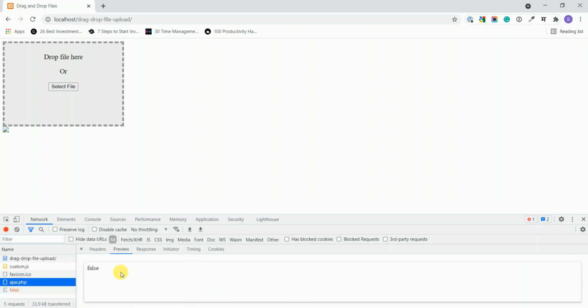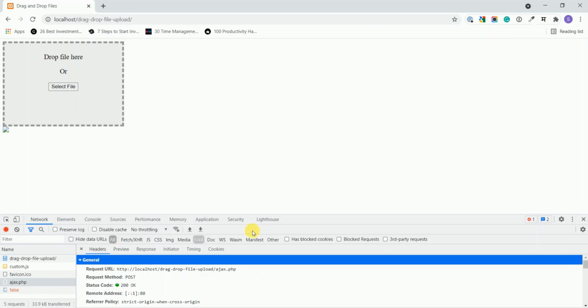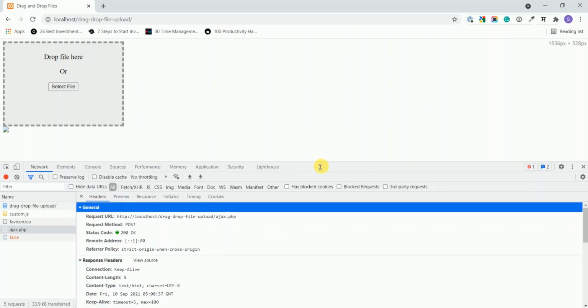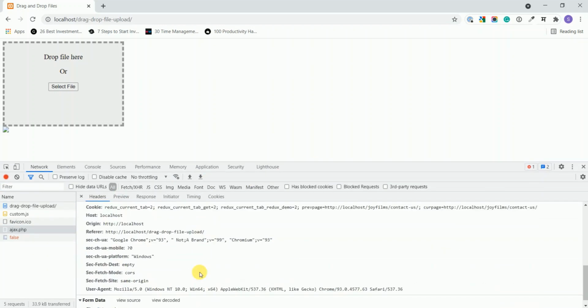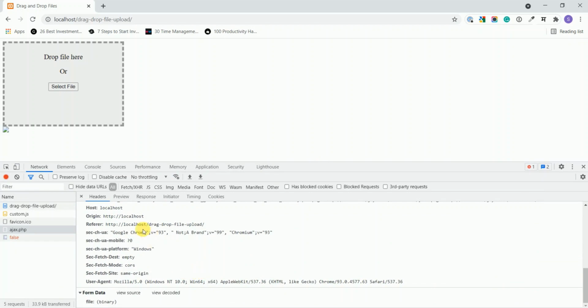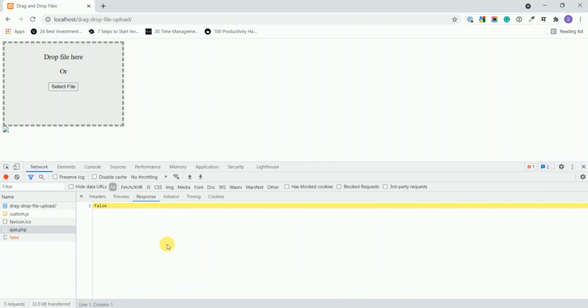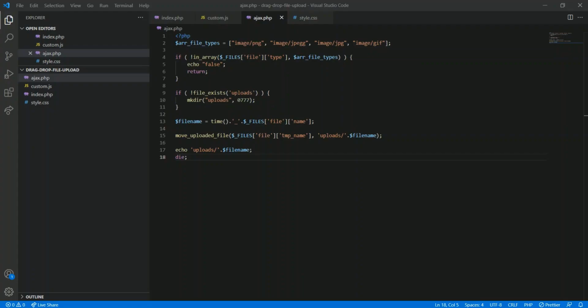ajax.php header, file binary, response false, $_FILES type. Oh, I think this is the error. Let's try it again.